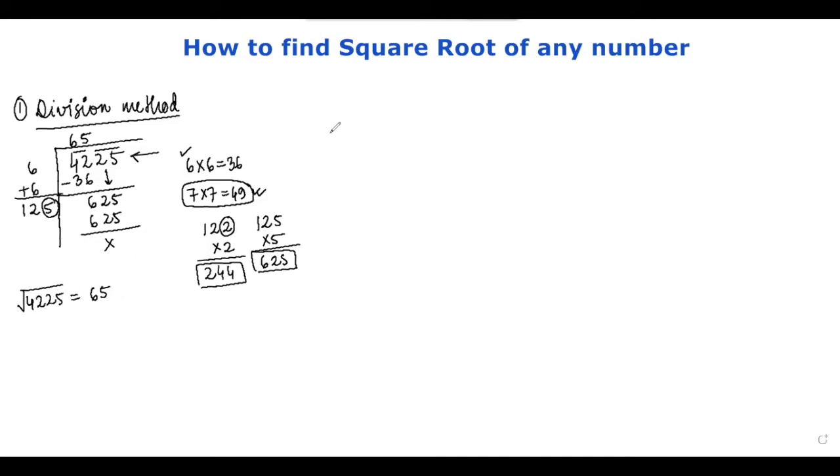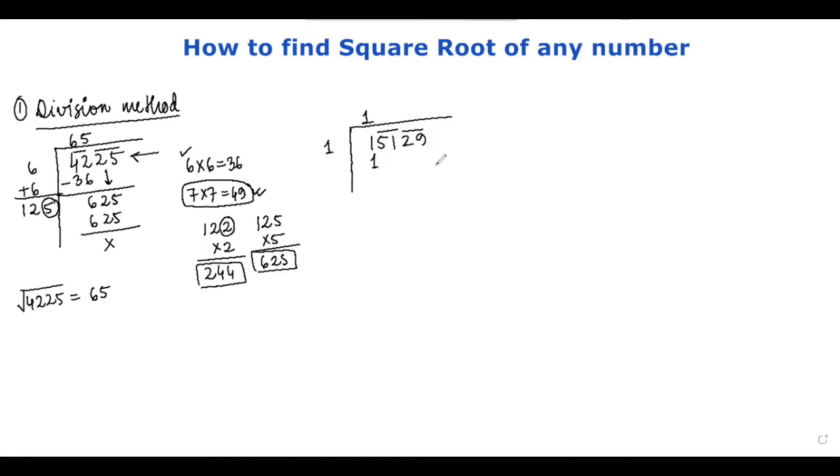Okay, moving on to the next example, we'll have to find square root of 15129. The process is exactly the same. First we have to mark the digits in pair from the right hand side. Here you can see that 1 is left alone. It need not be like always there will be a pair. We can get single digits also, so we need not worry. We'll only have to multiply this 1 with 1 itself, because 1 is the smallest number.